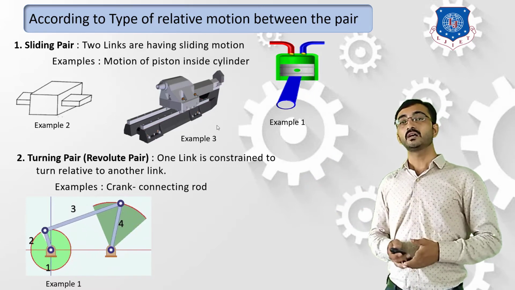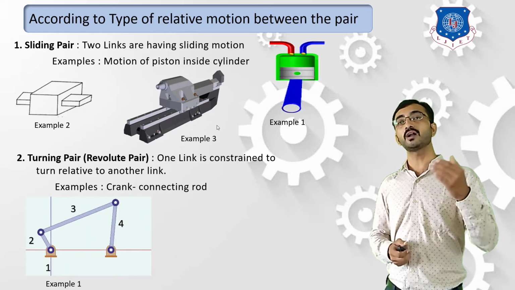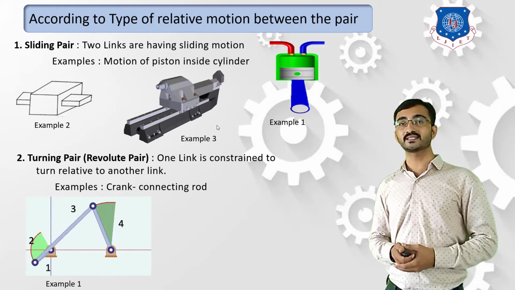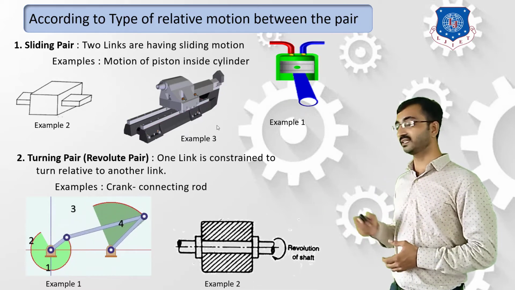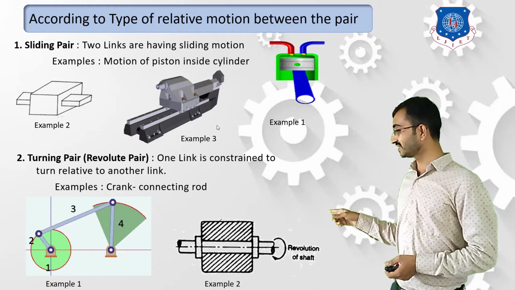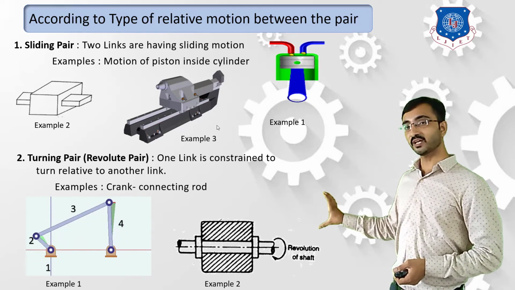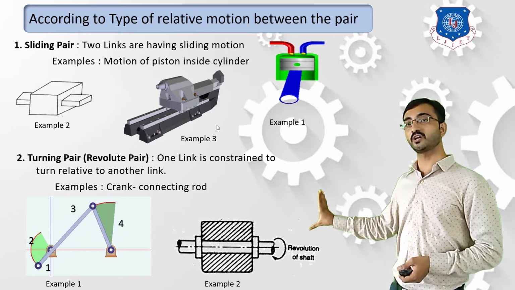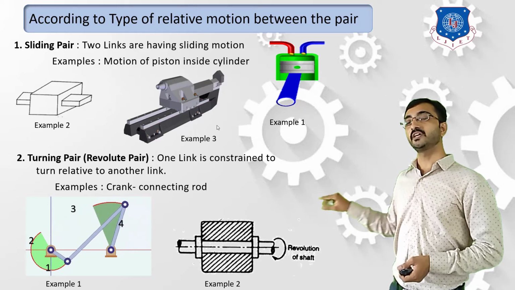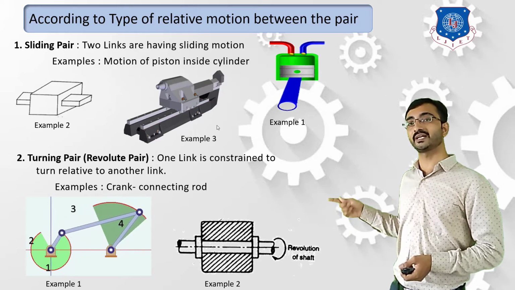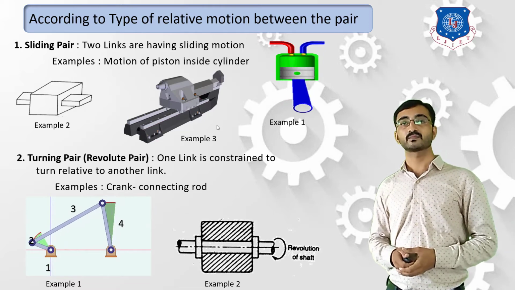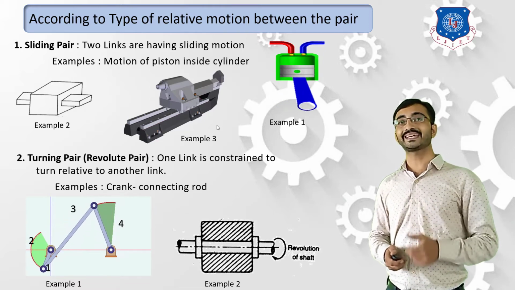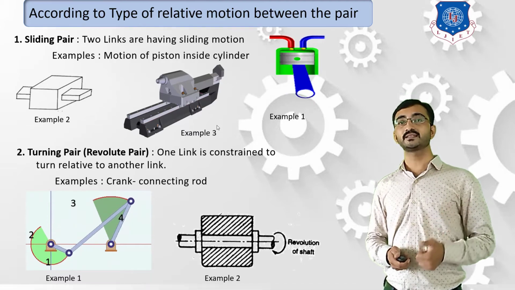So this is a way in which we can say that all the pin joints can be termed as turning joints. Another example is a shaft rotating inside a hub. Let's refer to this example over here. As we can observe, this hub is a stationary object. With respect to this hub, if we consider that your shaft is rotating, then this will form a kinematic pair, which is a turning pair. So this is about the second type, that is turning pair. Let's learn the third one.